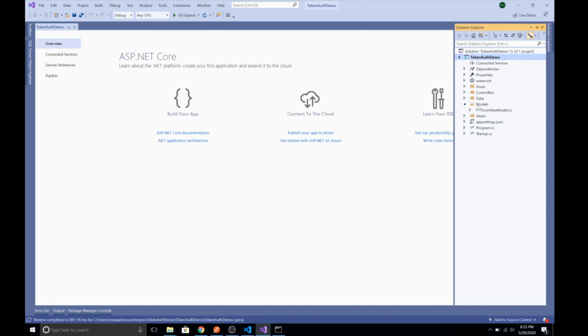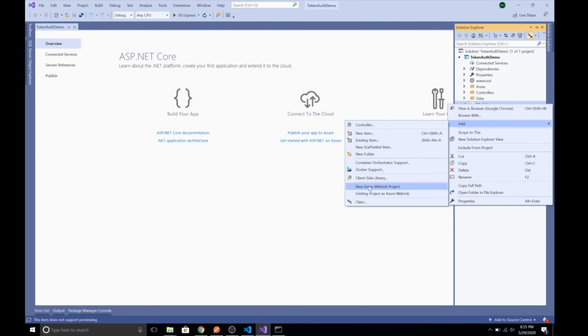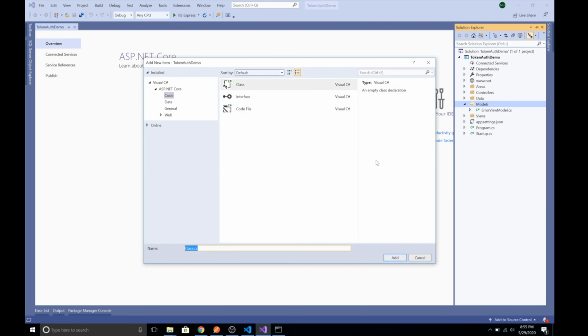First of all, I'm going to create a new model here, and for this demo I'm not going to touch the database, or get the information about the user data stored in the database, but we'll be creating a simple user model and use that. If we use the same technique for an application that is connected to the database, then we can implement Jwt token for that as well. So let's create a model called user here,